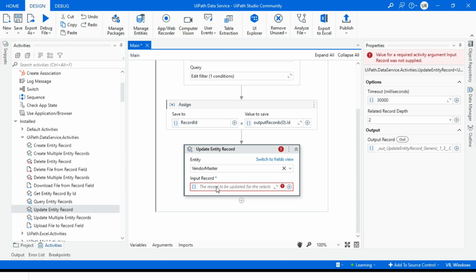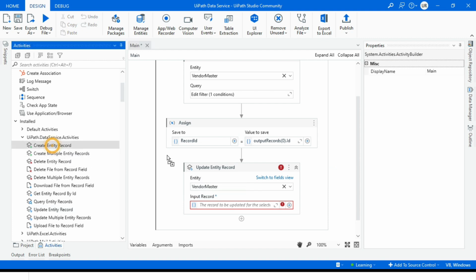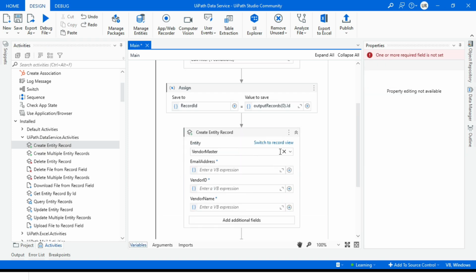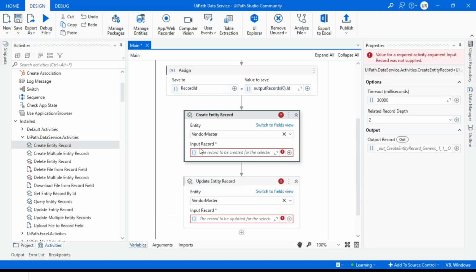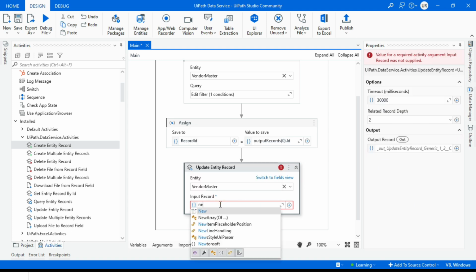Now here you need to enter the expression. In this input records, we need to enter the expression so that it can update that specific record based on the record ID. If you remember, in the create entity record we had the same option where we clicked on switch to record view and then entered that expression here. Same expression we'll be using here. So we'll say new entity name. So we have vendor master